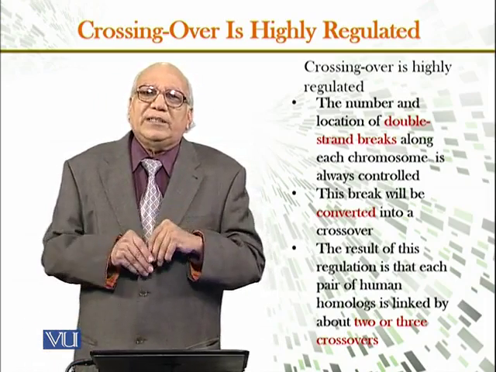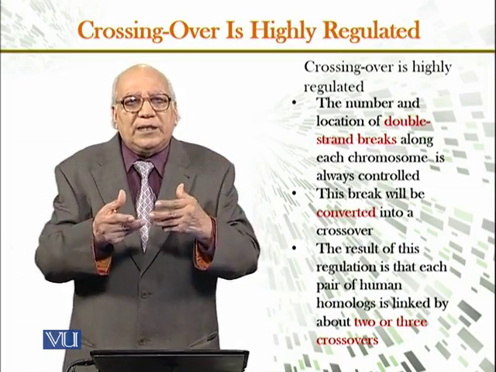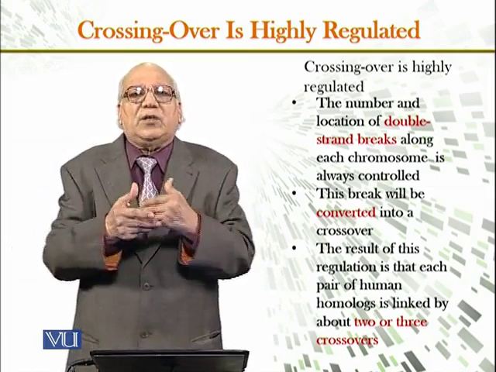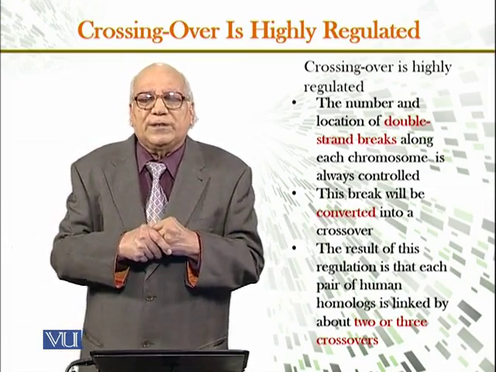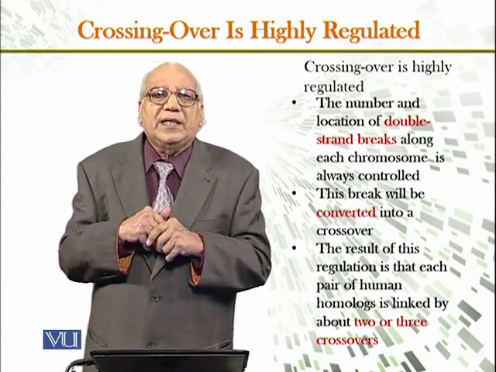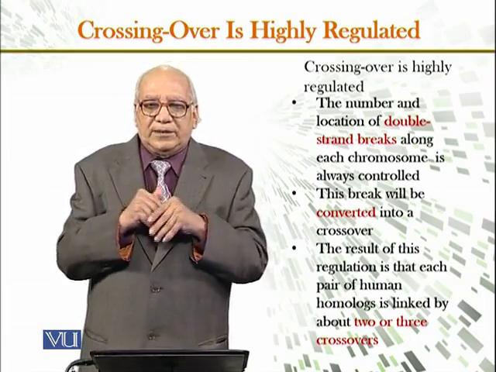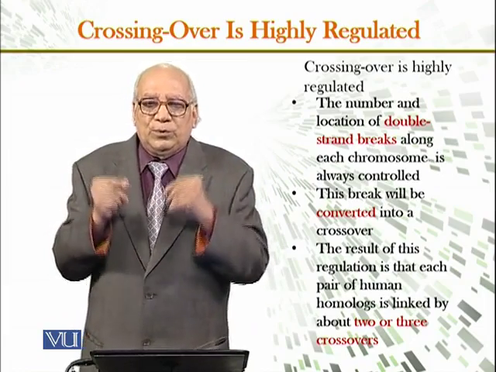Mind you, when the double strand opens up, it joins together and makes a crossover to transfer the genetic material. The result of this regulation is that each pair of human homologs is linked by about two